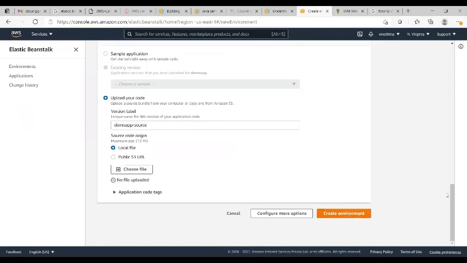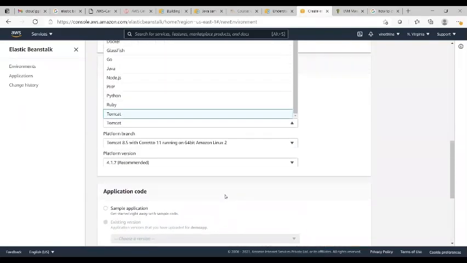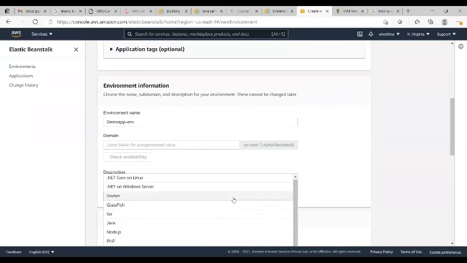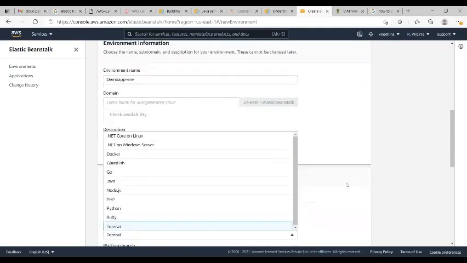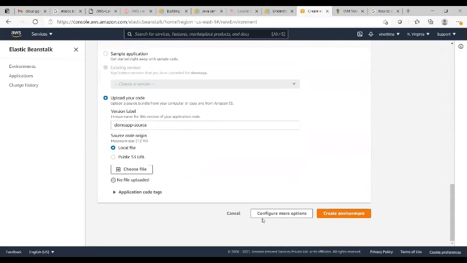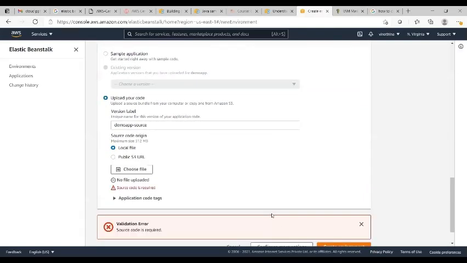It uses EC2. It creates a virtual server, a VM, and in the VM it installs the Tomcat server. Maybe you can specify either Linux or Windows, but that option is not available here. You can set up the VM image. Here there is a Configure more options option.